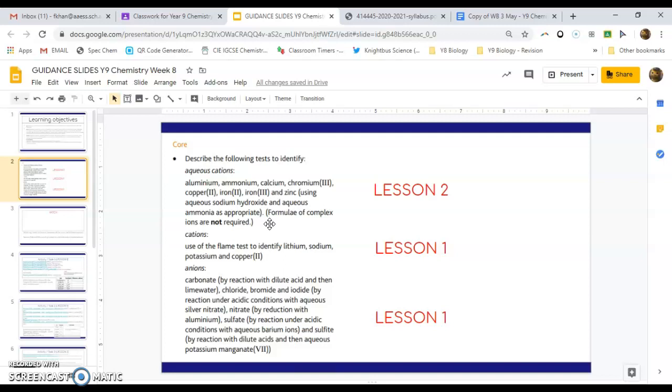which is the reason why I really want you to do this lesson without going on Google. If you go on Google, you're going to find the formulas of these complex ions, and they're going to look very, very scary, and you're going to be scared unnecessarily. So what I would suggest is stick to the track, stick to the recommendations that I'm giving you, and when